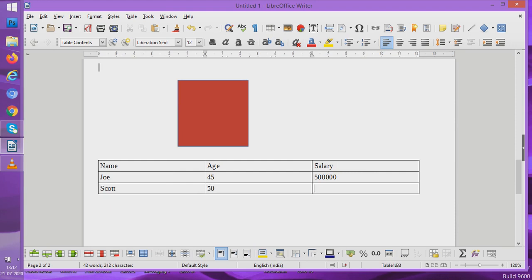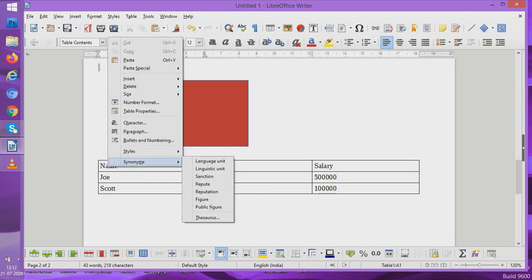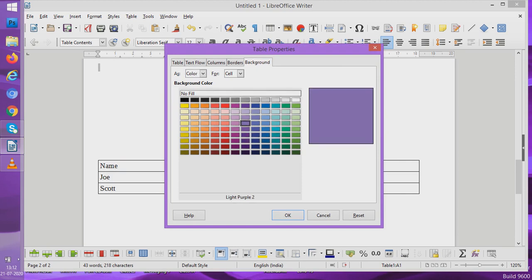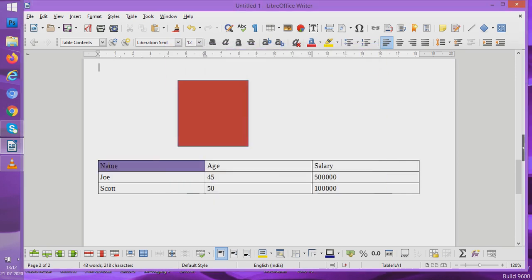So what you are doing, you are working with tables. Now tables are there, you can create tables even in our LibreOffice document, and these tables can be formatted. You can change the color of the table even. Whatever you want to do, you can do from here. How can you go for the color of the table? See, background is there, you can change the color of the table. Now see, this cell's color changes.